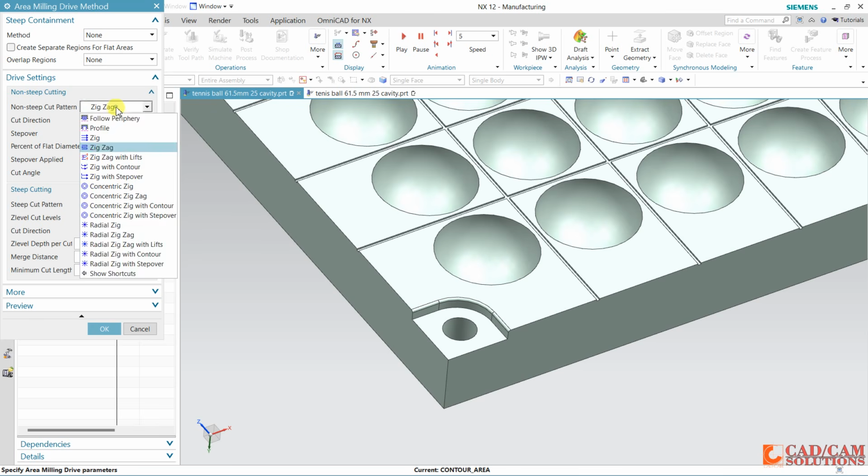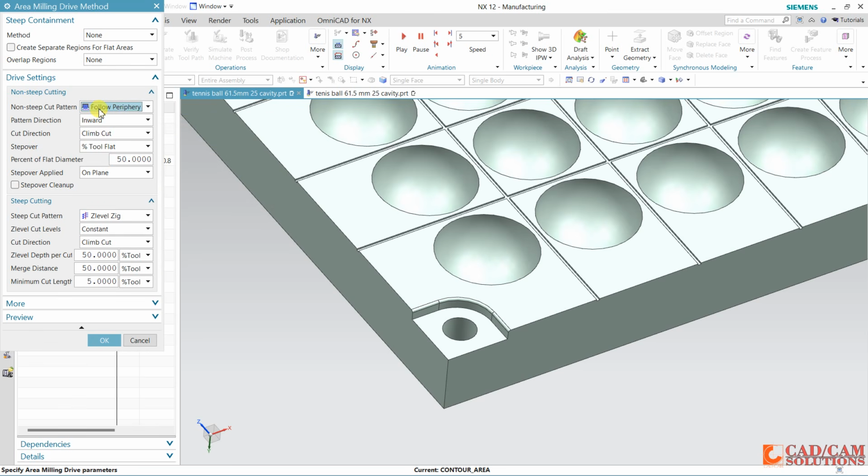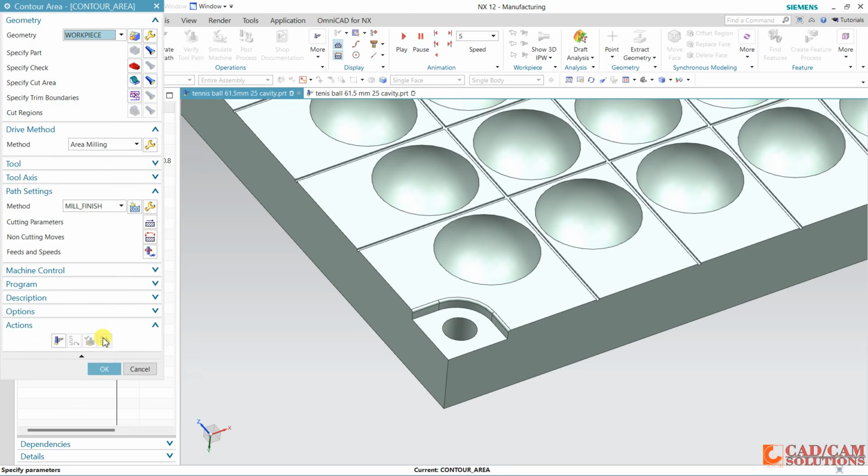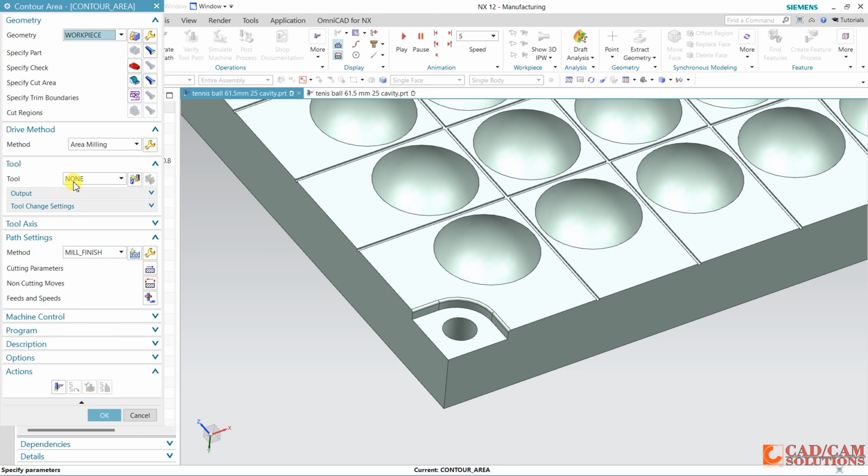And this time my method is follow periphery inward, and here constant, and this step over is in mm 0.1, and same here I am using for step 0.1.